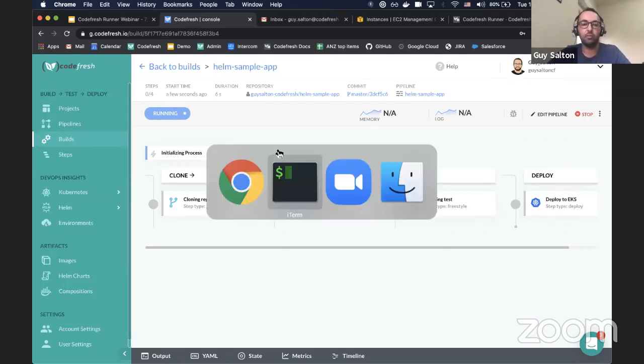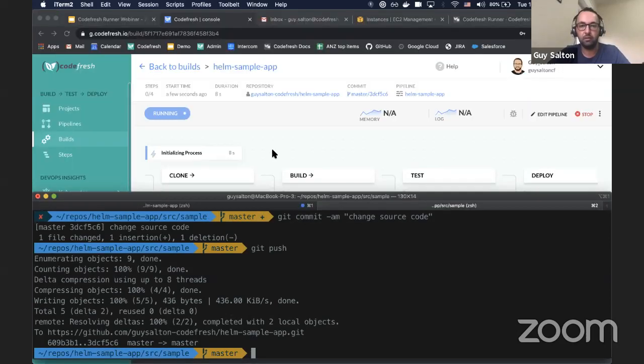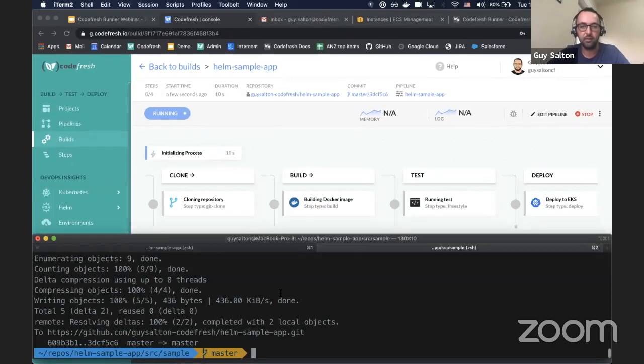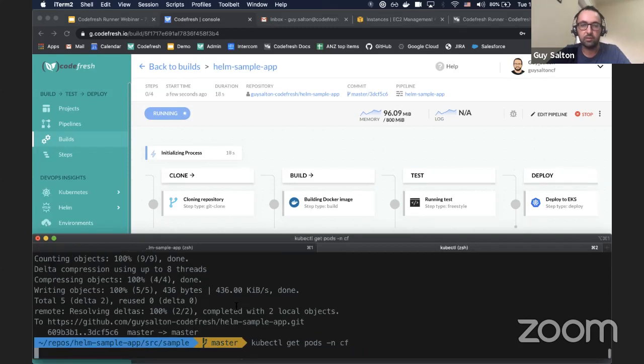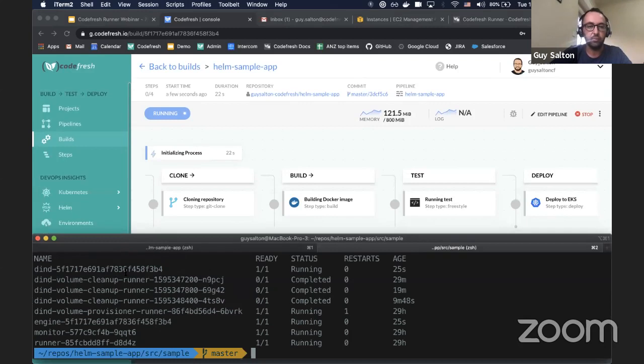Now I can go and open my terminal, and we can try to see this like side by side. And I'll just run the get pods command on the CF namespace. I see then a new dind pod running 25 seconds ago. I can actually exec into this pod just to see what's happening behind the scenes, and take the pod name,